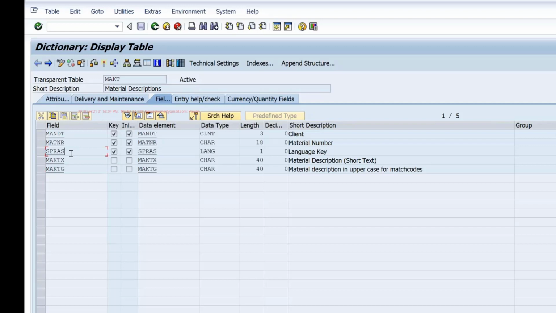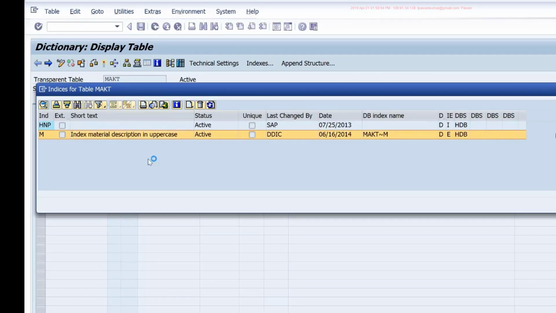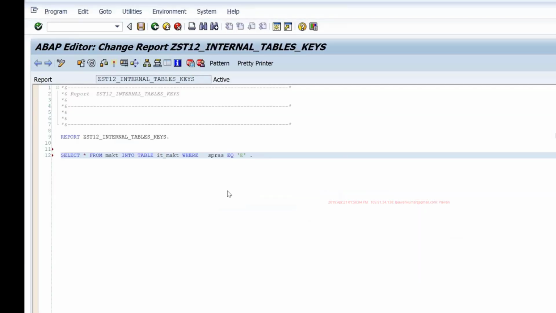fields. But if you are frequently looking up this table using the SPRAS and MAKTG fields, then the system will scan the whole table, right? That's why they have created one secondary index, which we've seen. This index. When we talk about the ABAP dictionary in detail later in the course, we'll see how to create indexes for these tables. So now, since we have a secondary index, I can also search by SPRAS and MAKTG, and it will still use the index because there's an index defined for that.